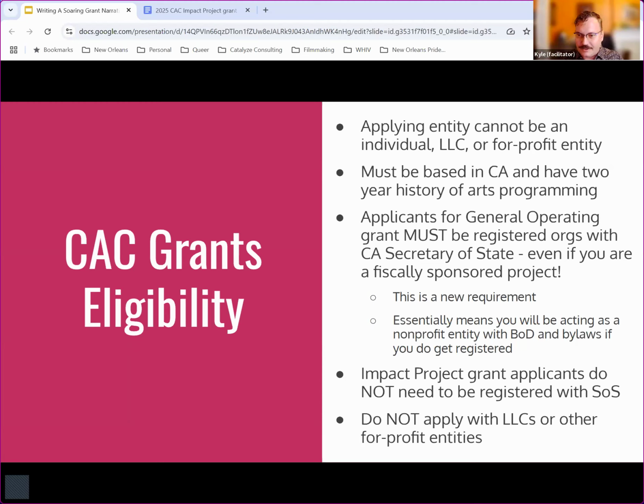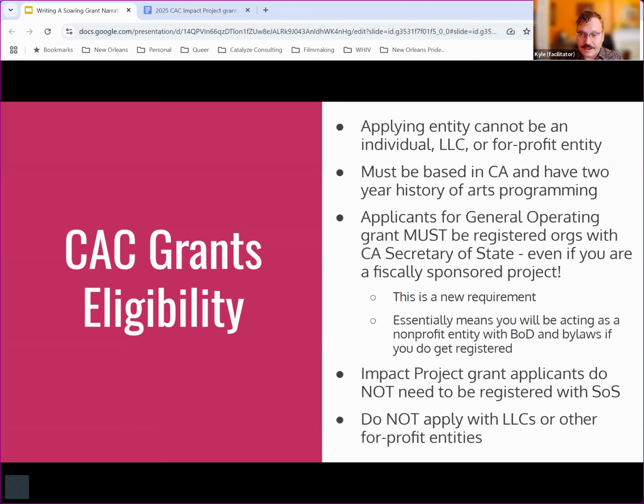Did you, as a nascent organization, do a work in progress 2 years ago and then a full theatrical production this year, and you're gearing up for your second one now? That to me still says 2 years of arts programming history. Just be aware you're going to have to share that as a new organization when you're getting going with CAC. They're going to ask you for that 2 years of history.